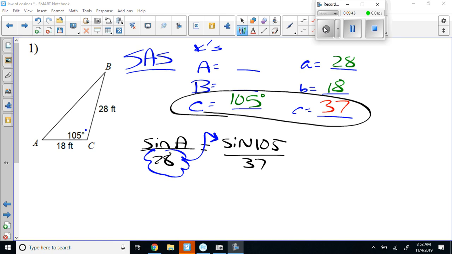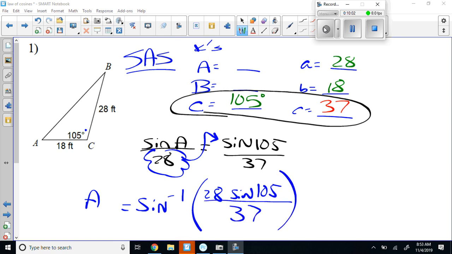And what that does is it isolates who? Angle A, right? But we need angle A, and it's the sine of A. So what do we do? We take the inverse of it, right? So it would be inverse sine of 28 sine 105 over 37. Let's see what we get with that. Okay, got a calculator? So 28 sine